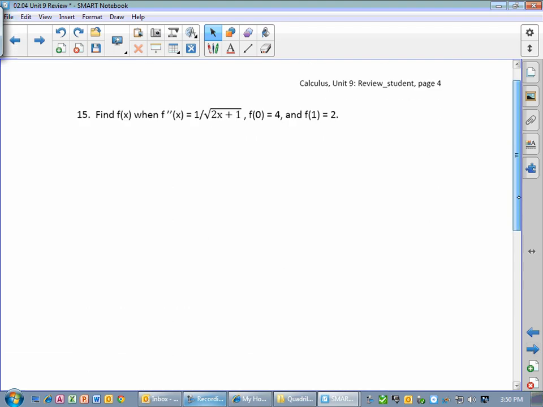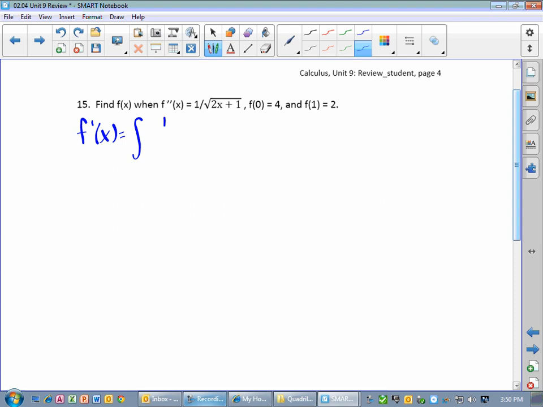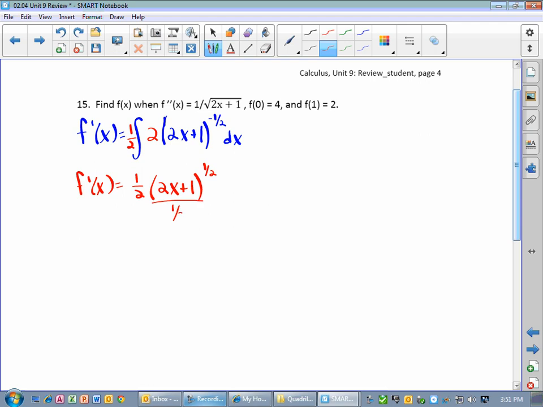And finally, number 15, which is a similar problem, but this time instead of being given the derivative, we're just given two function values. So I'm going to start by identifying that f prime of x will be the integral of 1 times 2x plus 1 to the negative 1/2. So I need the derivative of my inside, which would be 2. Can't just multiply by 2, I also have to multiply by 1/2. And so f prime of x would be 1/2 times 2x plus 1. If we add 1 to negative 1/2, we get positive 1/2. This is over 1/2